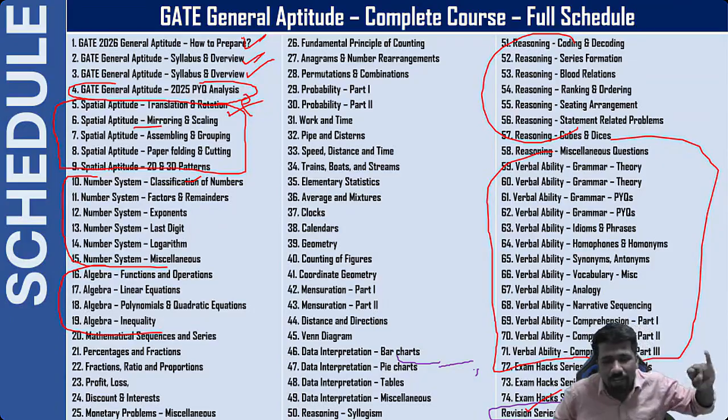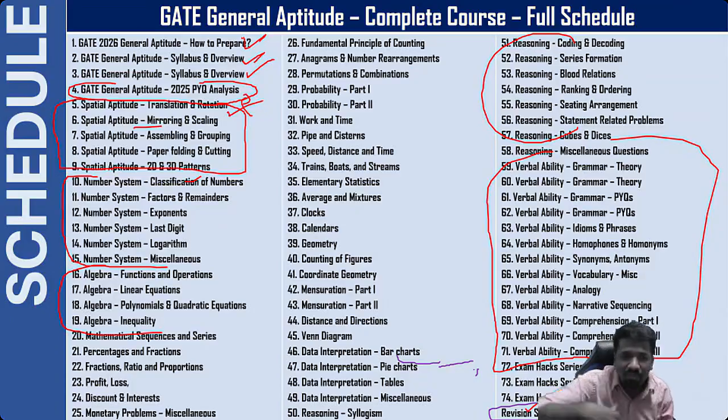Like the word of the day initiative, they will be starting from the beginning. If they're joining in between, there are many words they have to learn together, but every day 1 word, that is better, no? And the question of the day initiative will be there, and other initiatives, you will be getting more access. And if you want, you can attend the lectures once again, as we are conducting these lectures again. So there will be repeated access to live classes also if you are joining early.